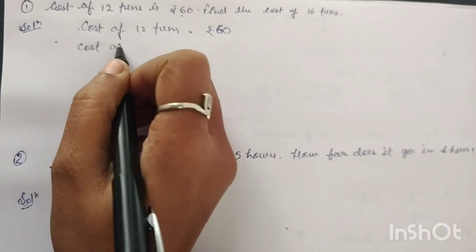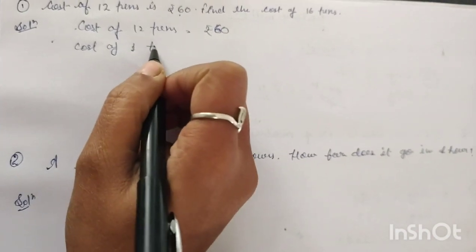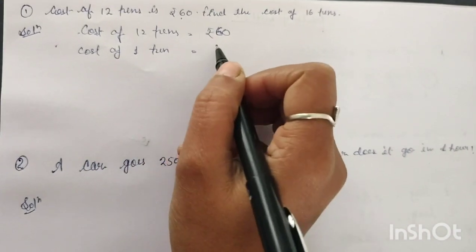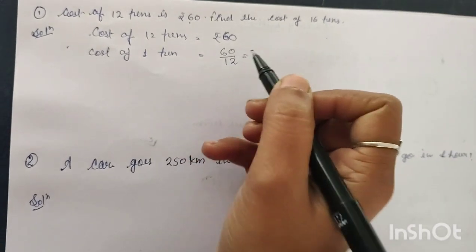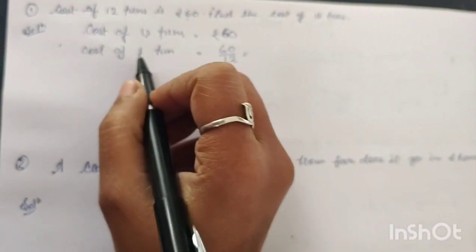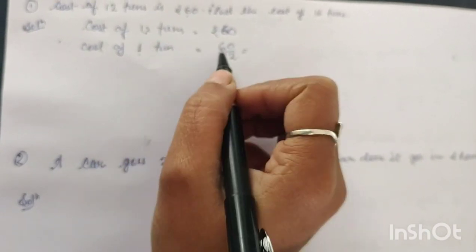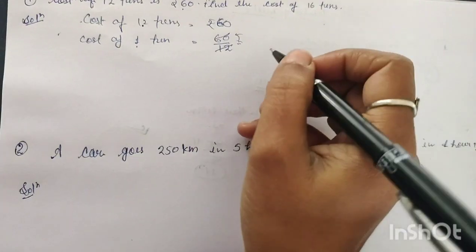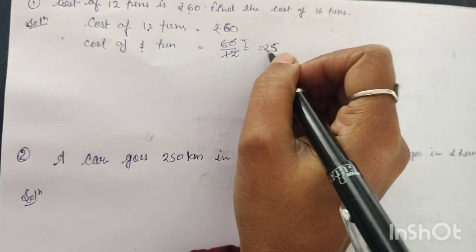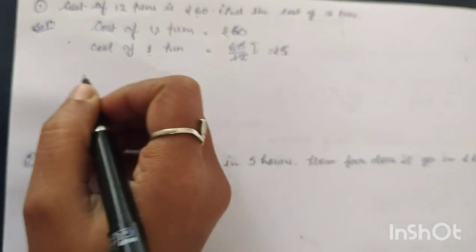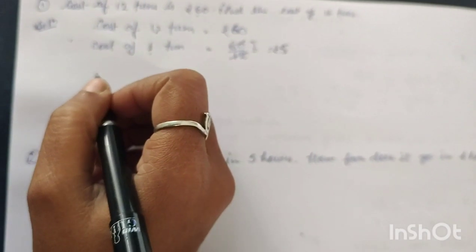So cost of 1 pen is equal to, what will we do, 60 divided by 12, right? Because we have many and we have to find out the one, right? So we will divide. 12 fives are 60, right? So the cost of 1 pen is equal to 5, and we have to find the cost of